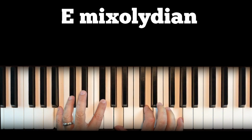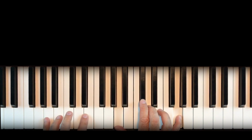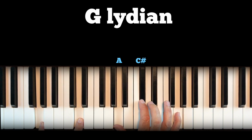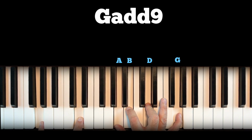and then back to E mixolydian, back to B minor 7 flat 6, and then I go to, this is an A dominant 7 with a sus4 and third, and then I keep that same structure, so A, C sharp, D, G, which gives me a G lydian, which I resolved to G add 9,